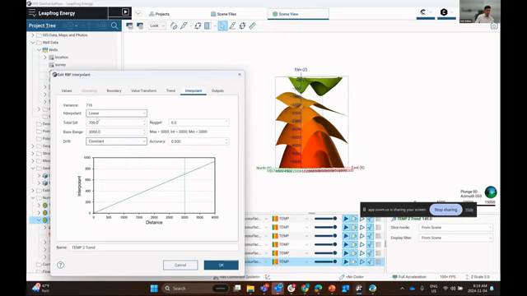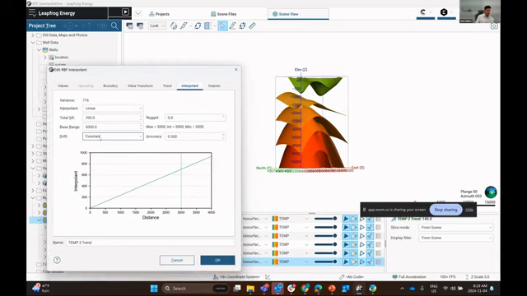So we can change it from a linear interpolant to maybe a spheroidal. We can change it from a constant drift to a linear drift. This help file right here will guide you in which drift and interpolant, sill, and base range is best suited for the data type that you're working with. Just as a quick example, I'll show you what happens if we change from constant to linear drift,